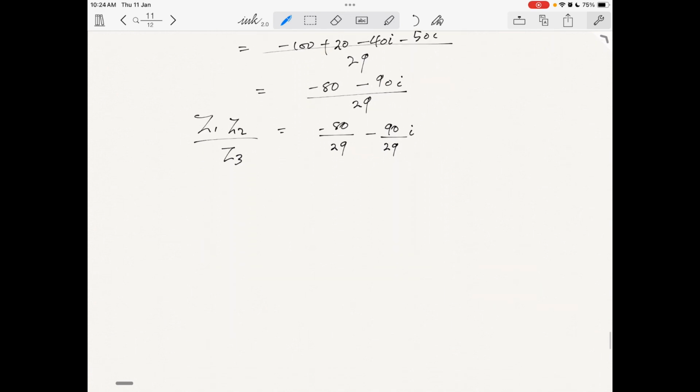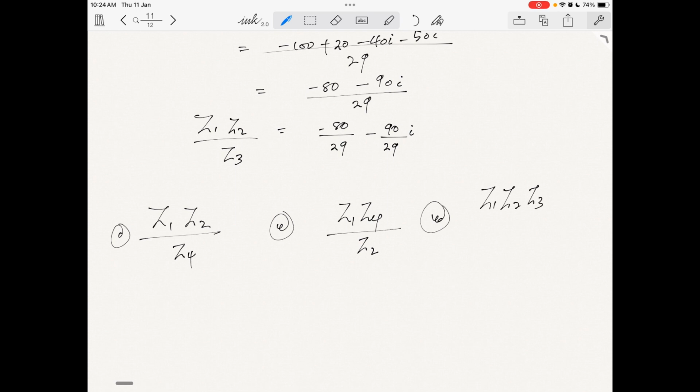Now, questions can come in any form, and I wanted to try it. So we have z1, z2 divided by z4. We can also have z1, z4 divided by z2, and we can also have z1, z2, z3, like we have evaluated before, divided by z1, z2. The rule still stands. All we have to do is multiply the numerator and the denominator by the conjugate of the